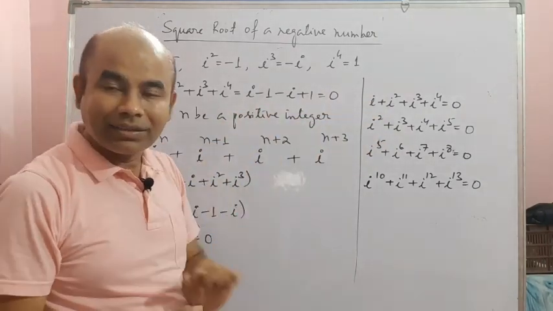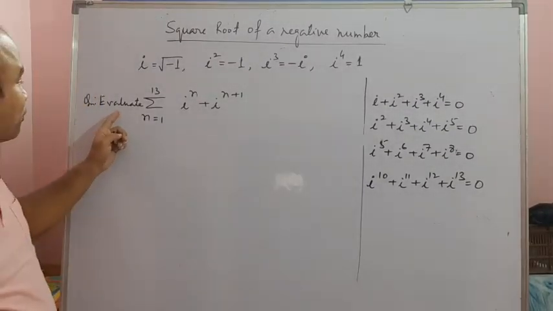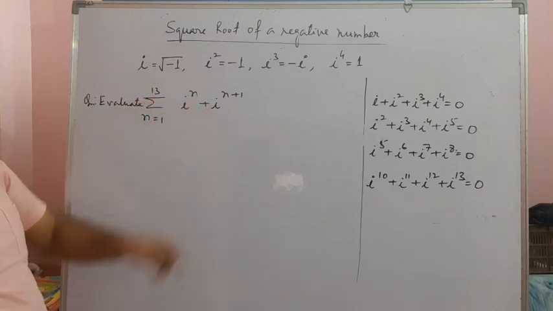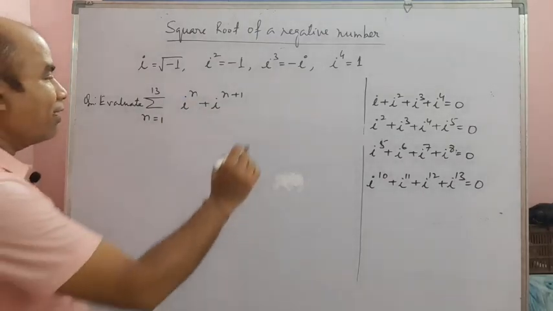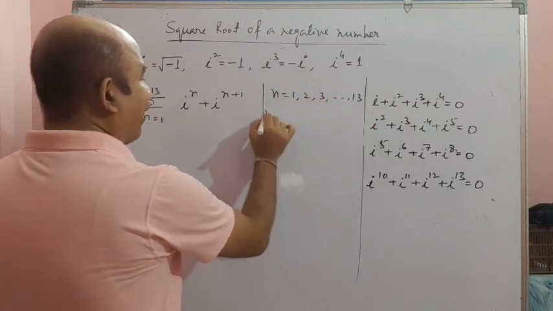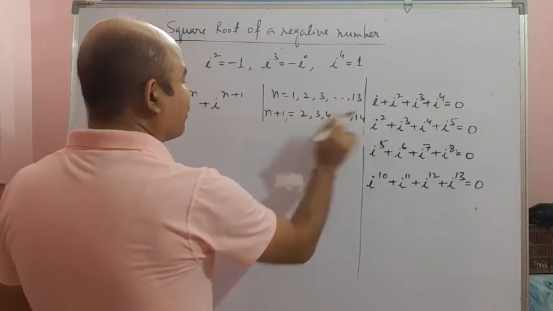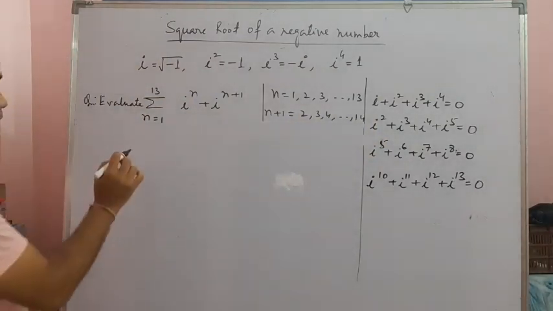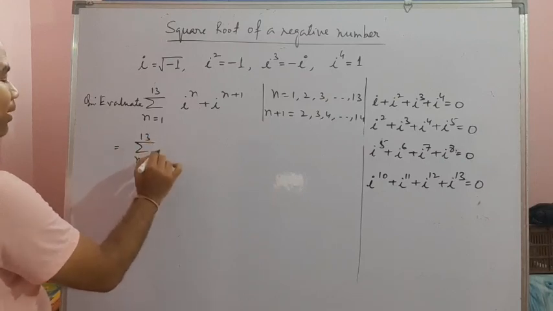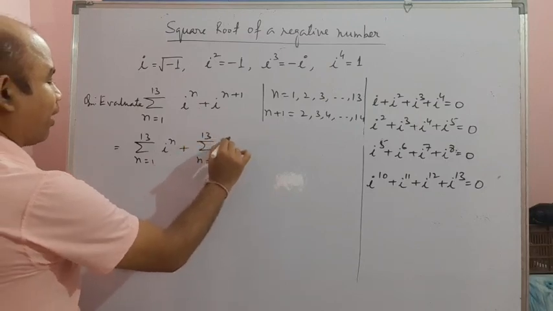So based on this, let us discuss one question. Students, suppose we are to solve this one. Evaluate sigma n equal to 1 to 13 of i to the power n plus i to the power n plus 1. That means in this example, n is 1, 2, 3 up to 13, and n plus 1 will start from 2, so 2, 3, 4 up to 14. Clear? So whenever you are going to find it, it is equal to sigma n equal to 1 to 13 i to the power n,